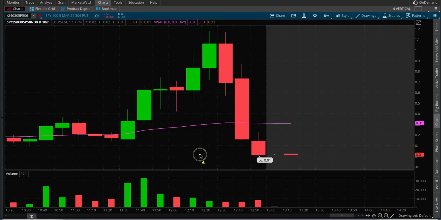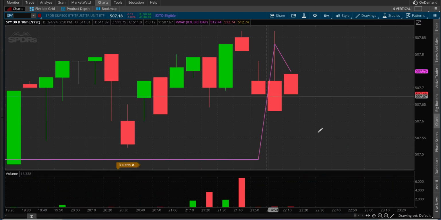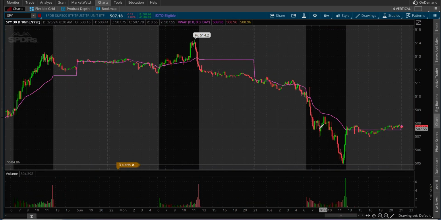So let's say our average price to get in, very small size, let's say $250. So we got 10 contracts at 25 cents. And we're not going to wait for the stock to hit all the way to $505. We can wait for it to go all the way to here, maybe 80 cents, ride it out about 30 minutes, get out, because we know that 505, if we go back to the SPY chart, is a support